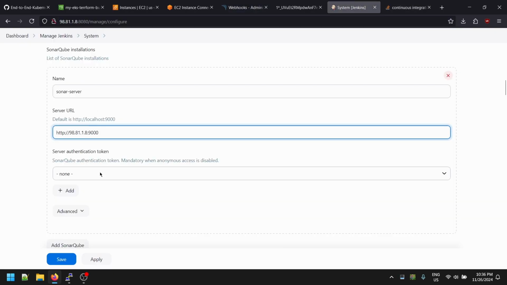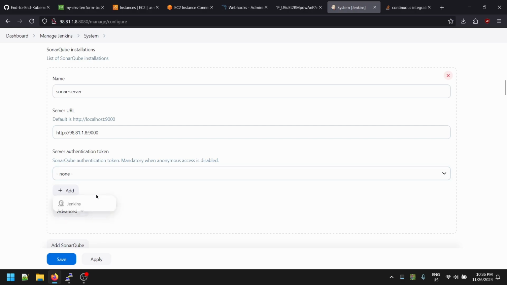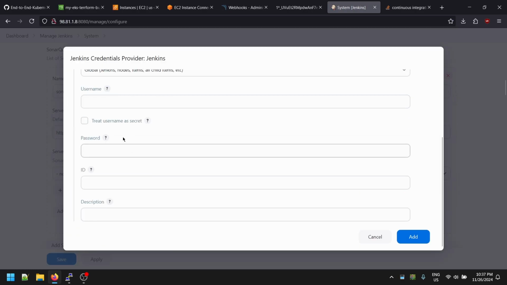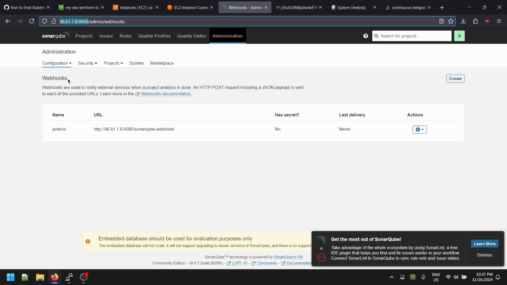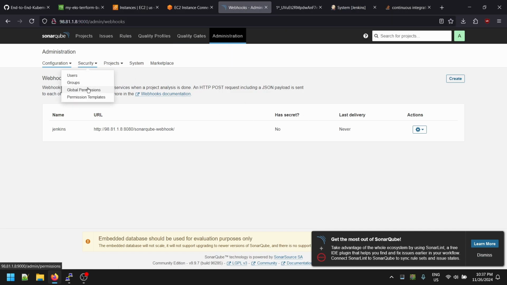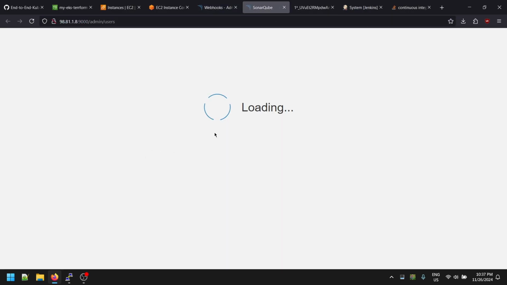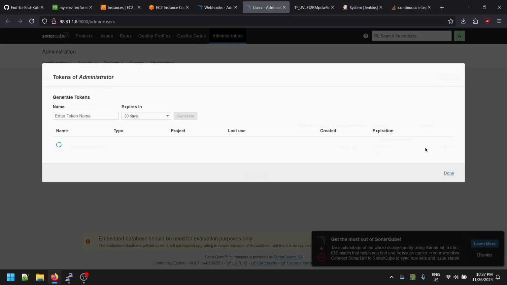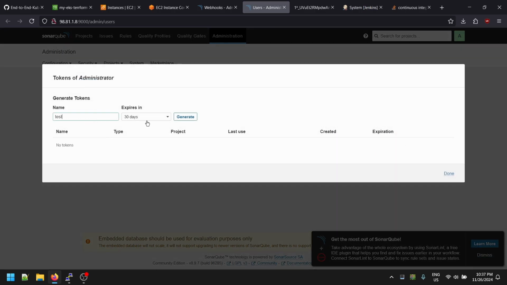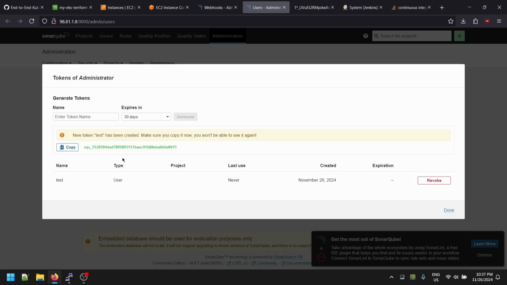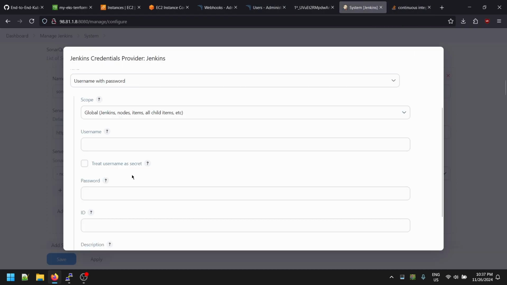So just copy paste. You need to provide the authentication token. So go into the credentials and paste the token that you have copied on the SonarQube, in the security tab, users. So you have created the token, in the token section. I revoked this, I just forgot. Generate. So this is the token. You can just paste